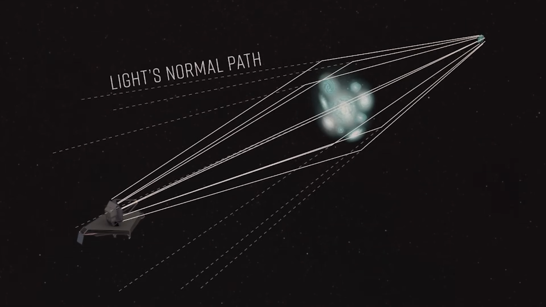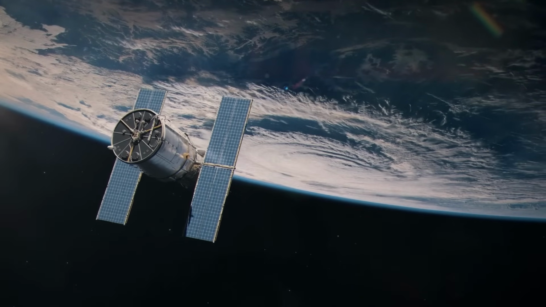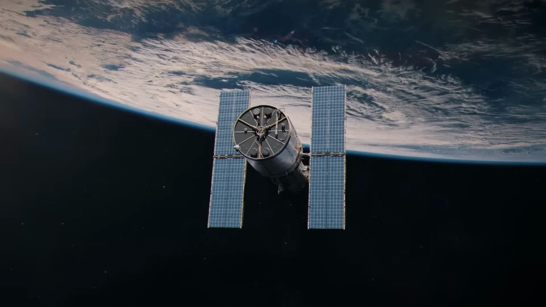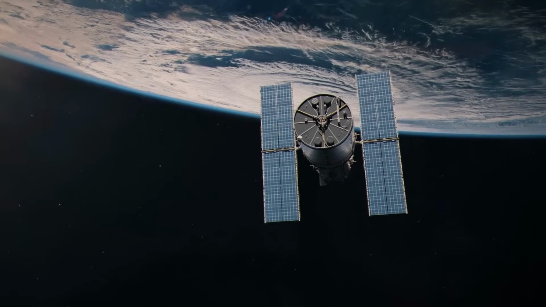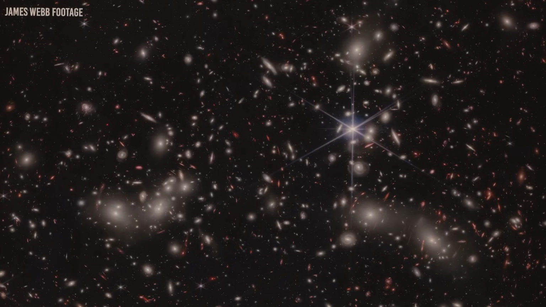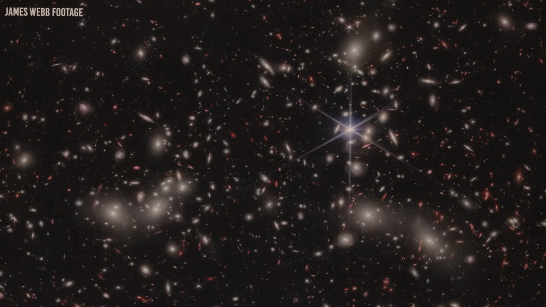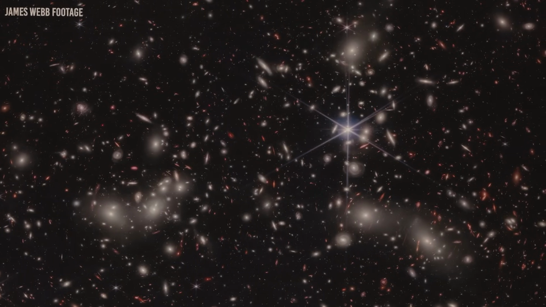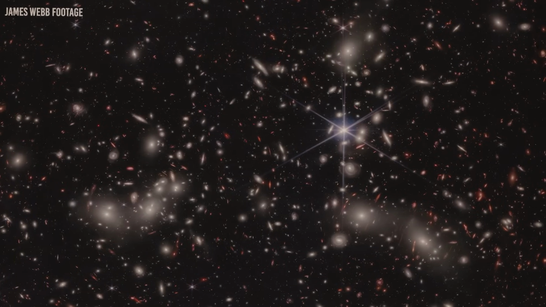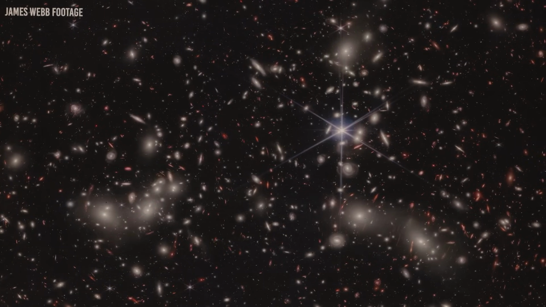The James Webb Space Telescope is also a significant upgrade over the Hubble Space Telescope, allowing it to study a different part of the electromagnetic spectrum than Hubble. Hubble is an optical telescope, meaning that it is designed to detect light in the visible portion of the electromagnetic spectrum. The James Webb Space Telescope, however, is an infrared telescope, meaning that it is designed to detect light in the infrared portion of the electromagnetic spectrum.